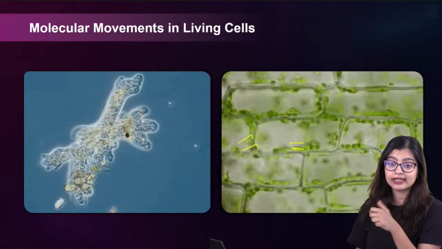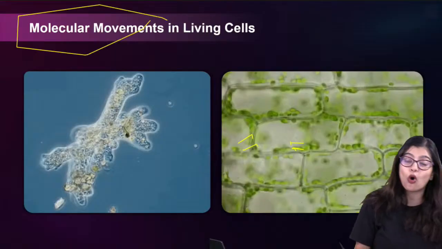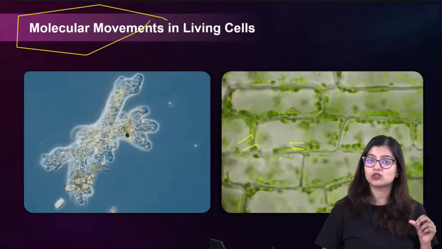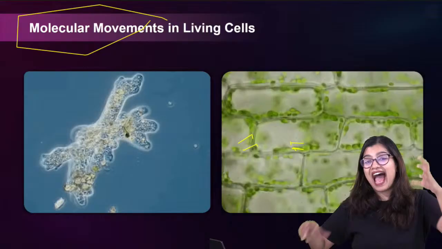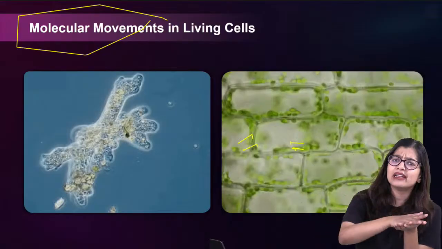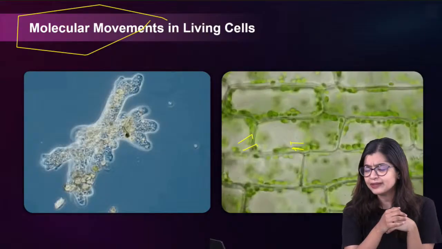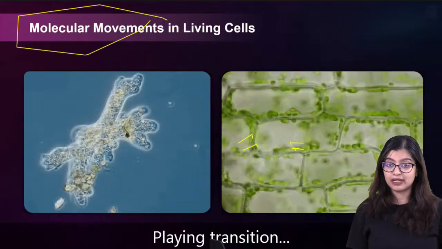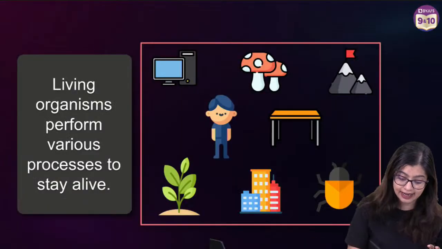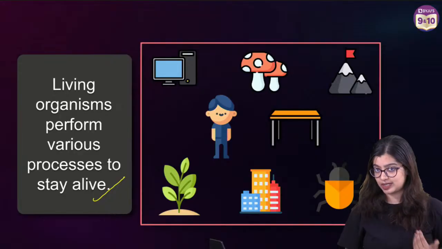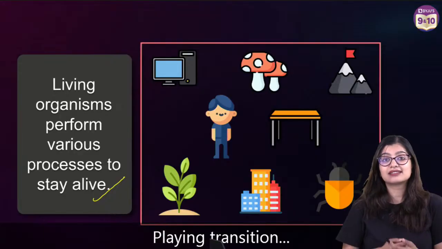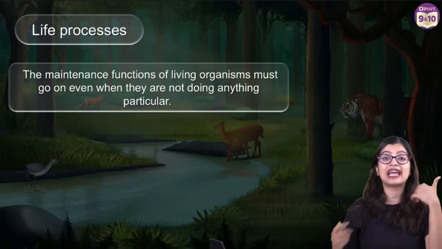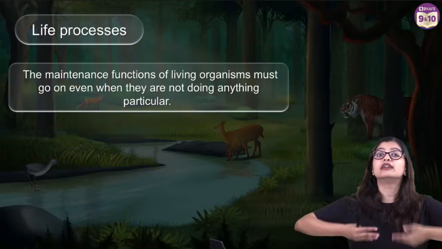So in this particular case, what do you see? Movements need not always be things that you observe physically, but there are molecular movements also. Which is why we see that at a molecular level, so many chemical processes are happening, right? All these processes are necessary for you and I to stay alive, which is why we say that such processes are necessary for survival, processes that are essential to make sure that we continue living.